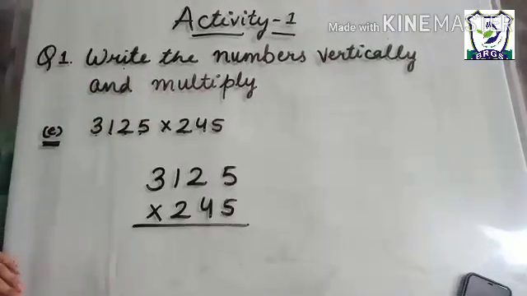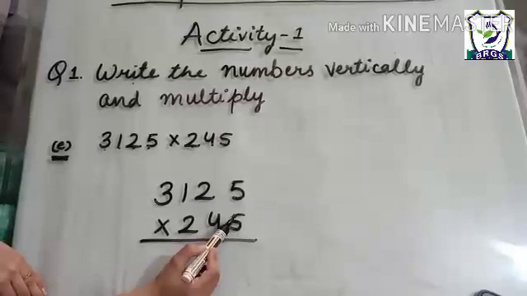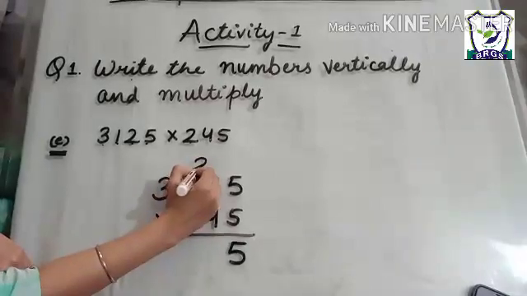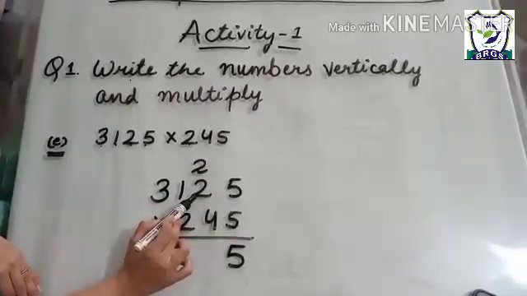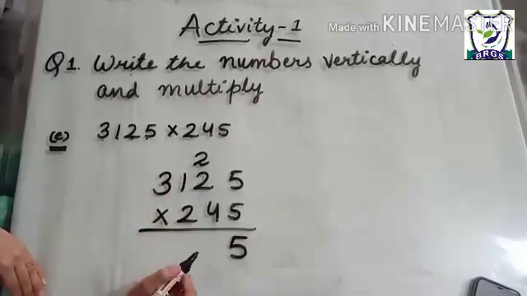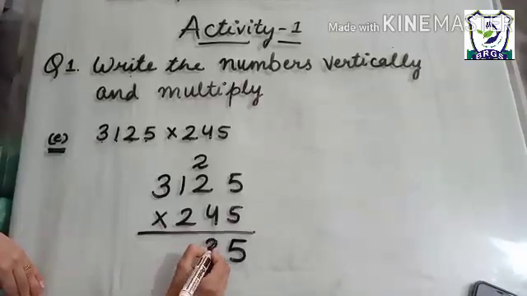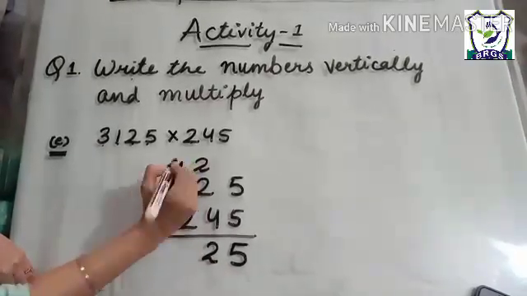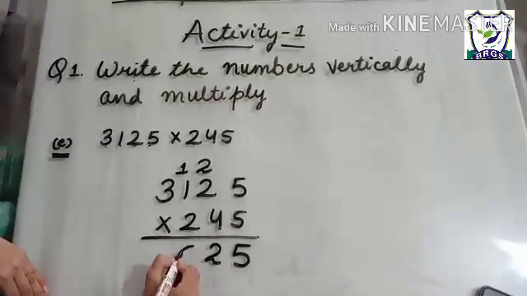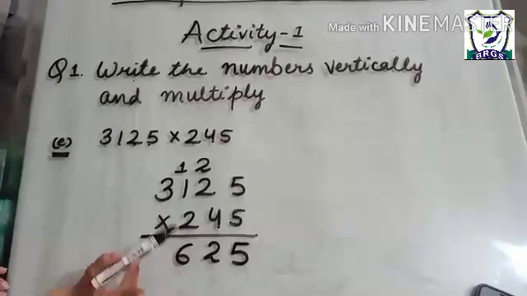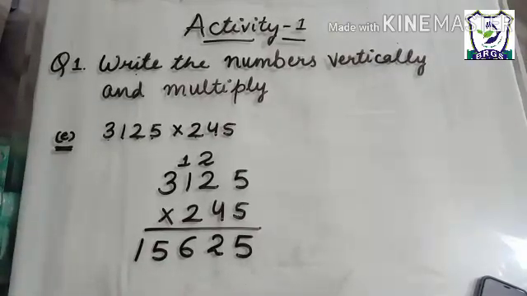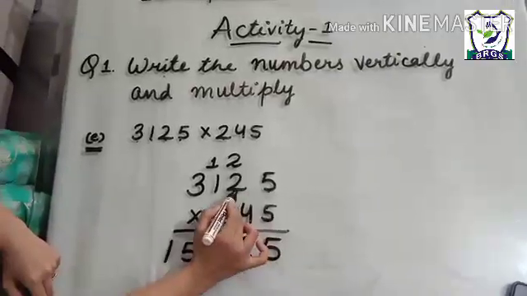Okay students, now what we will do? We will multiply. Students, you know that 5 into 5, 5 5s are 25. So we'll write 5 here and carry 2 to the next one. Then 5 into 2, 5 2s are 10. 10 plus add the carry, that will become 12. So write here 2 and carry 1 to the next place. Then 5 ones are 5 and plus 1, that is 6. Next 5 into 3 is 15. Okay students, this is the way how we do multiply. Firstly we multiply this 5 with all these 4 numbers.